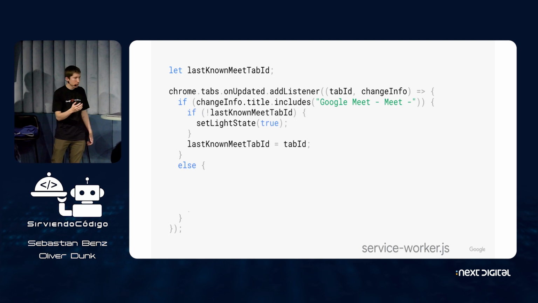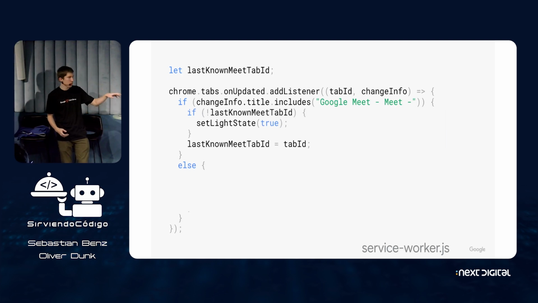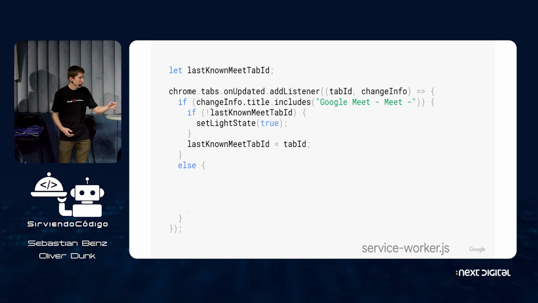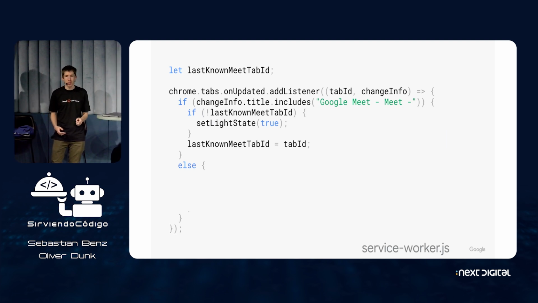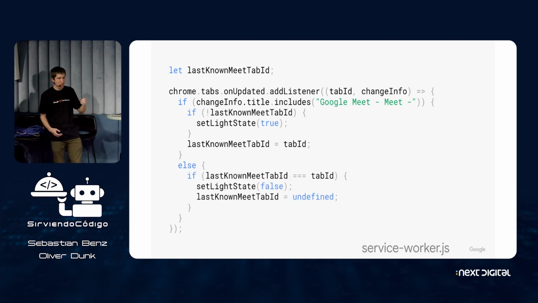And then if it does, then if we don't already have a Meet tab open, then I just turn my lights on. And that set light state function is just making an API request to turn the lights on. I can also update that last known tab ID just so we're tracking it. Otherwise, if the tab was updated and it's no longer a Google Meet tab, so that title has changed, I've navigated to a different site, then I can just turn my lights off. And that's really all there is to this. So you only need these two files, some really simple code,